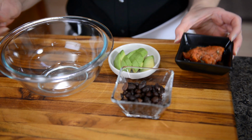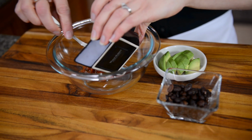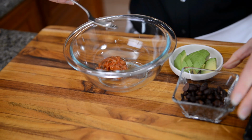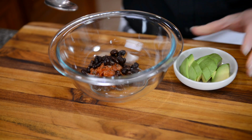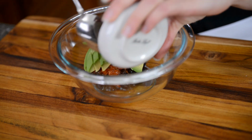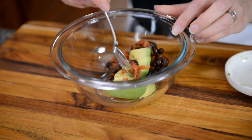The key to successfully cooking anything is to have all of your ingredients prepped and ready to go before you actually start cooking. So I'm going to put my salsa together. To a small bowl, I'm just going to add my salsa, my black beans, and my avocado. And I'm just going to gently mix that up